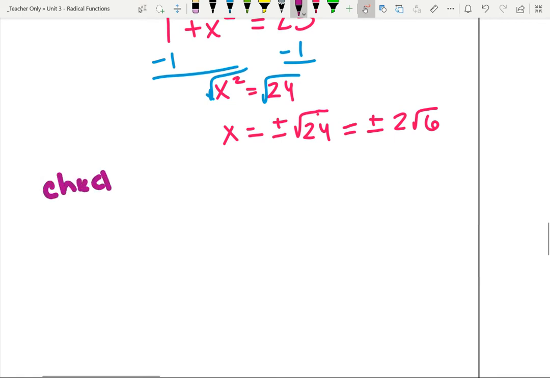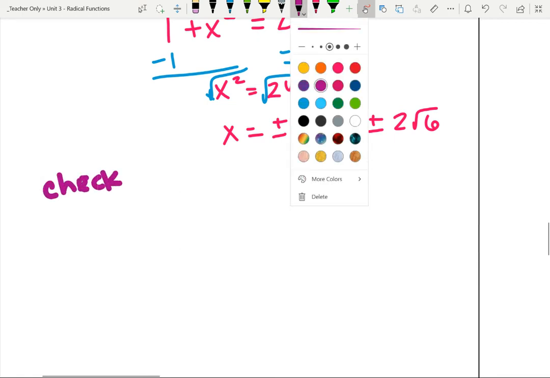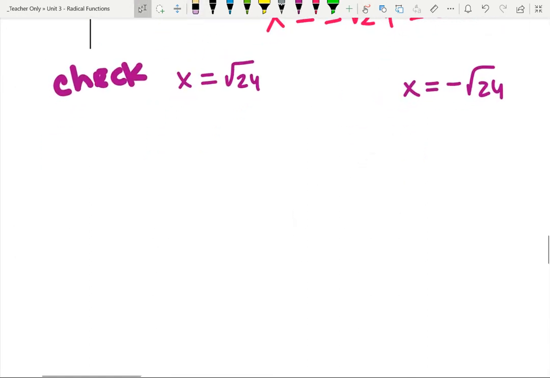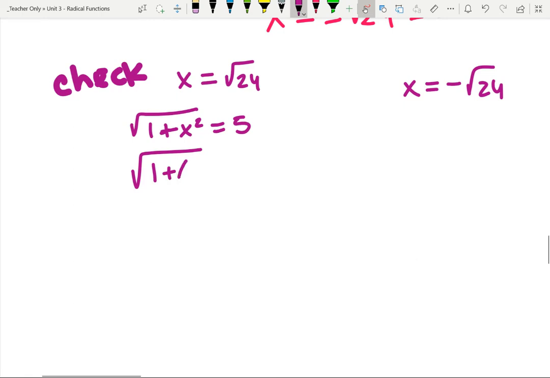So we're going to check, and that's a little bit much purple. I'm going to tone that back just a little bit. We're going to check x equals the square root of 24, and we're going to check x equals the negative square root of 24. So to do that, again, back to our original. Our original was the square root of 1 plus x squared is equal to 5. So if I substitute the positive square root of 24 in there,